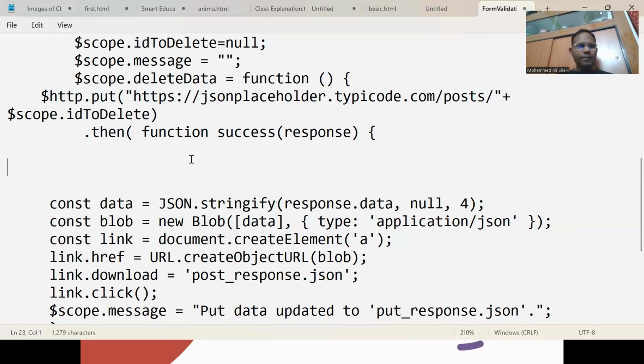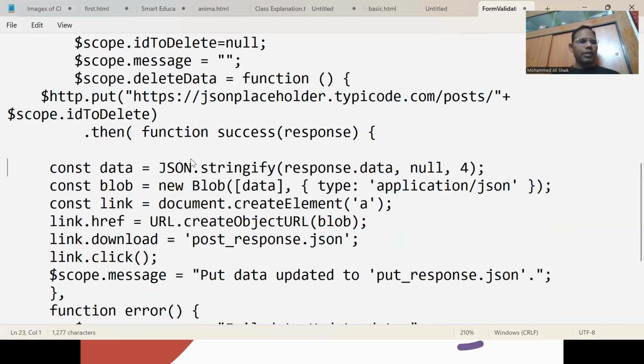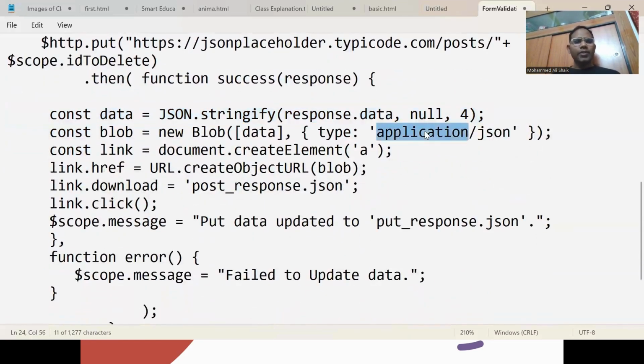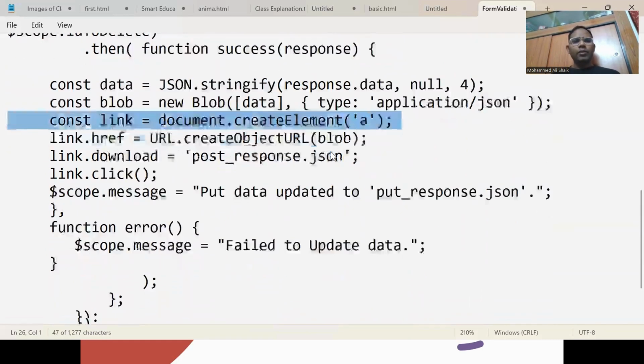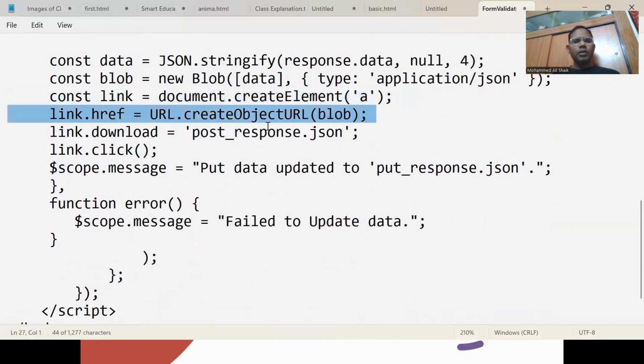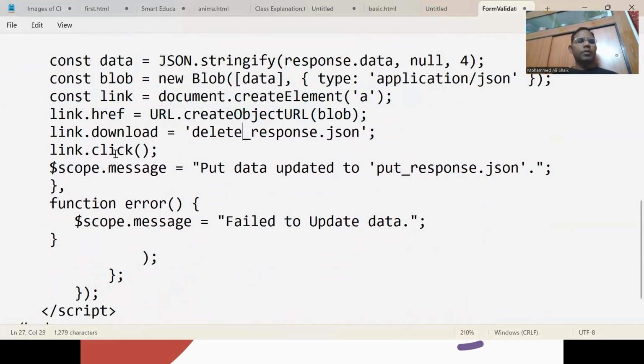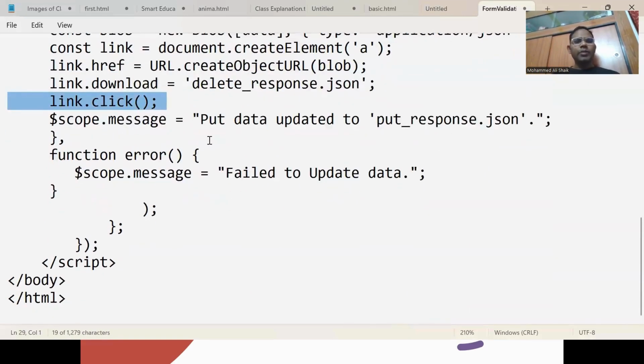Okay, same thing. Here const data is equal to JSON.stringify(response.data, null, 4 spaces), same thing. Then we have Blob with application/json, same thing. And we are going to create a file and download the object URL. Then instead of post response, we have delete response. Delete response, then the same thing, link click, same thing. So here, delete response